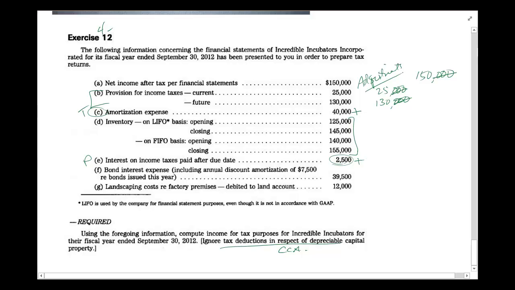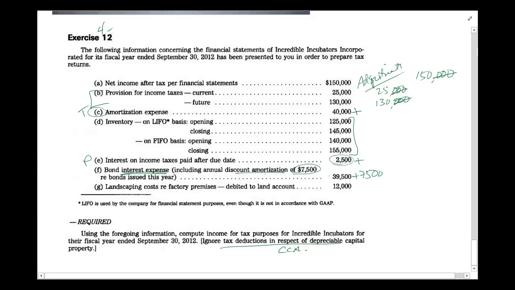Bond interest expense, including an annual discount amortization. Okay, so we have two pieces here. We have 39. Is there anything that prevents interest expense from being deducted? We don't know whether it's been paid in the year. We just know that for financial accounting purposes they've incurred interest expense. And the answer is we are only going to add back the amortization. Okay, so whether or not that interest has been paid in real dollars, financial accounting says that's the amount for the year. But there's a specific provision in 18 that says no